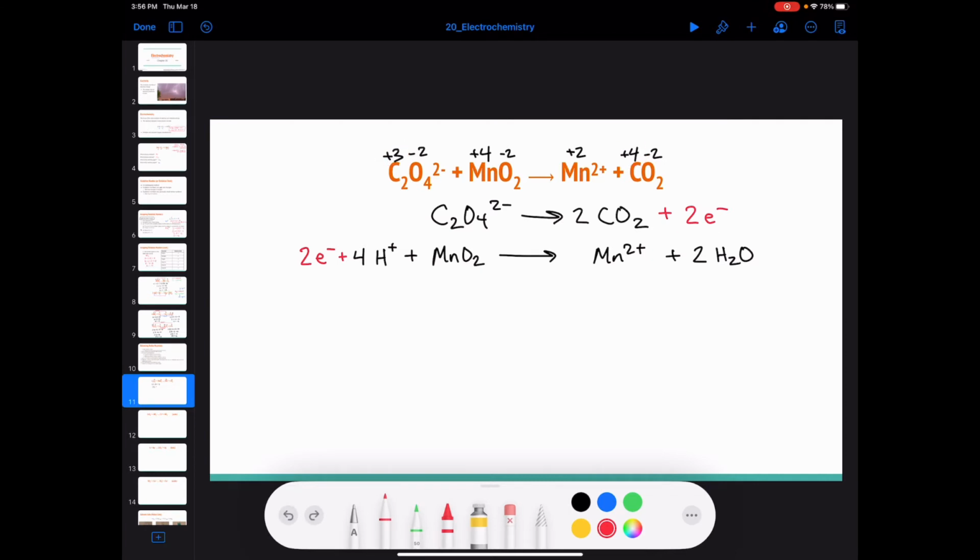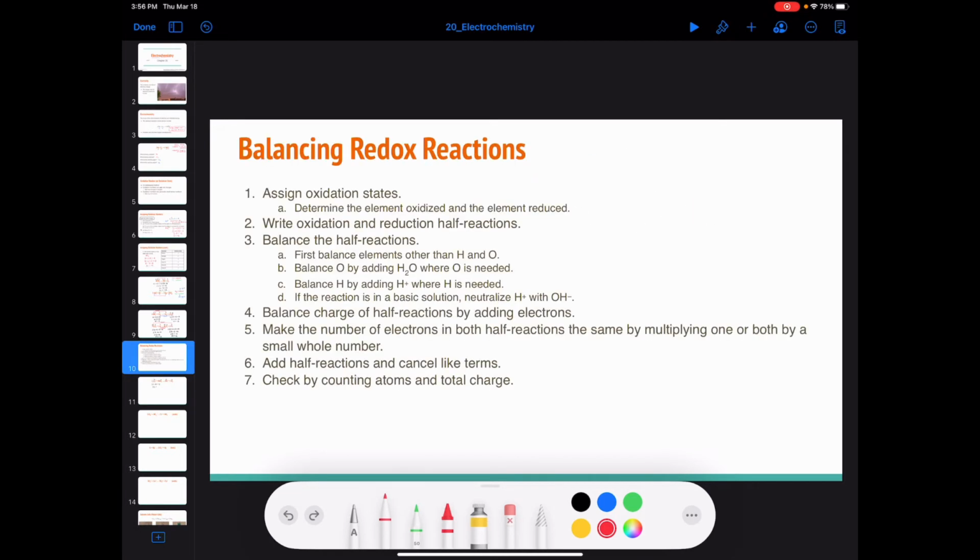So again, not essential that we do that oxidation number portion, but it's a good way to check. It's also nice because it allows us to determine if it even is a redox reaction. If it's not a redox reaction, just balance it the normal way, okay? All right, so now the next step, if we go back to this, is we've done oxidation states, we wrote